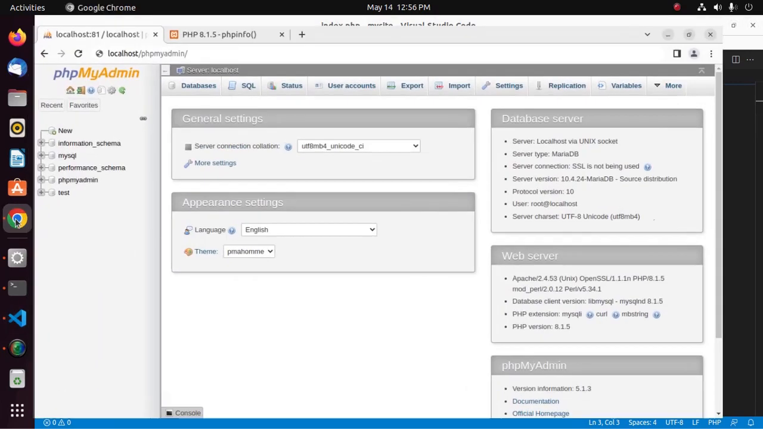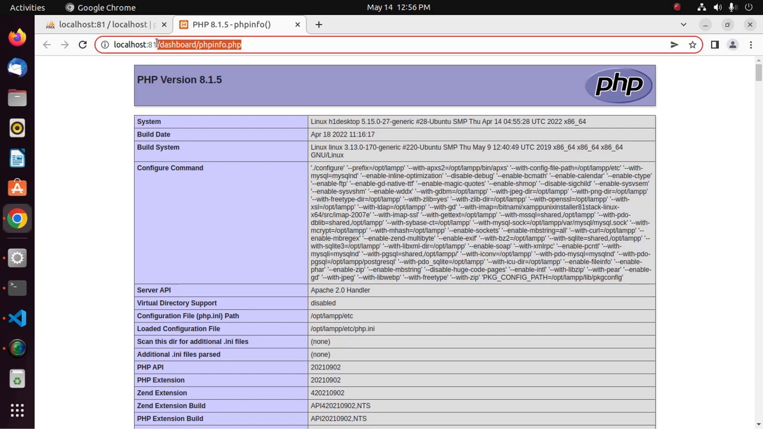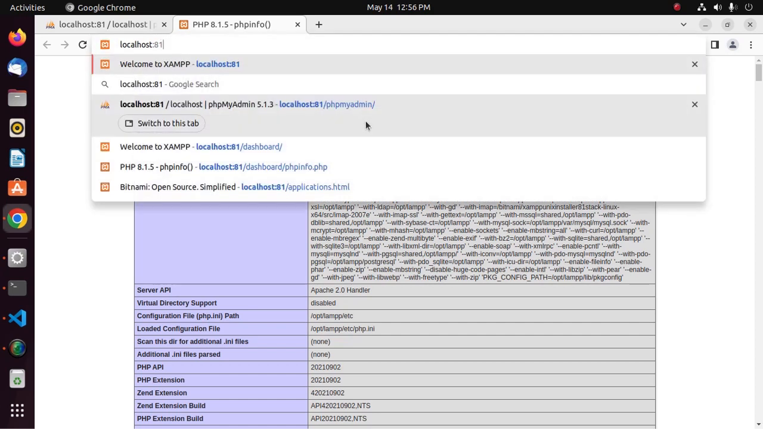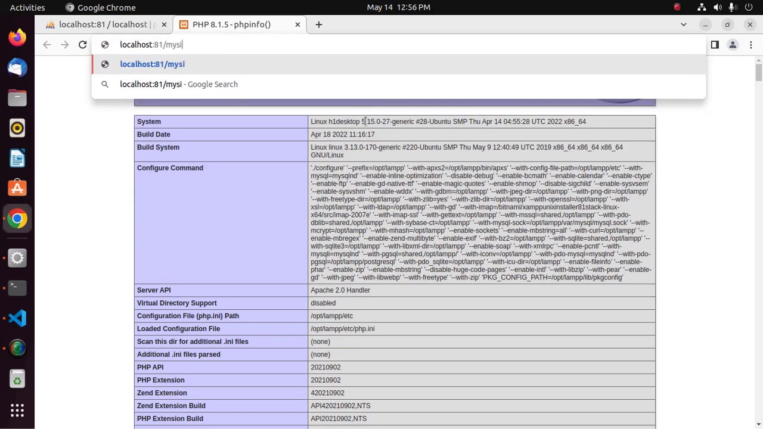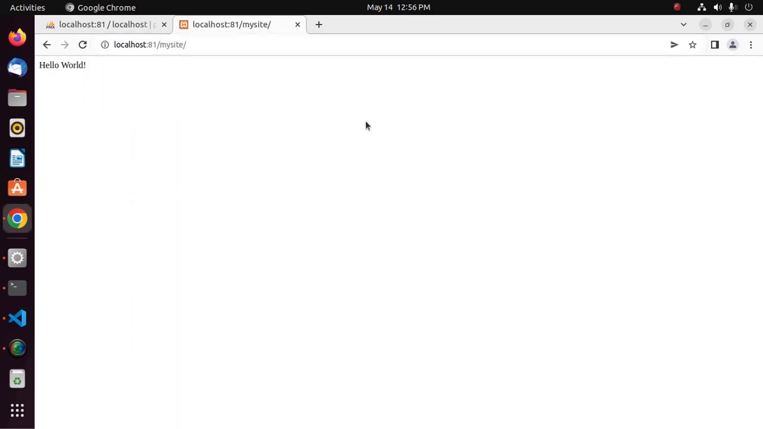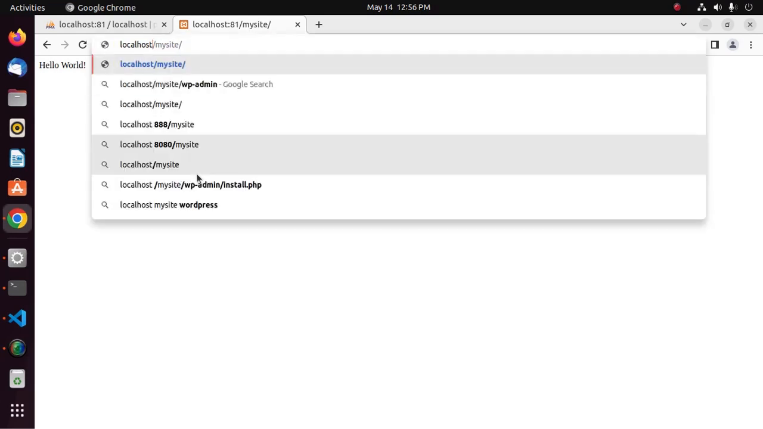now go to web browser. Now type this URL with port number, mysite, and you will see the message hello world. But if you use port number 80, then you should not use the port number, only use this URL. Okay,